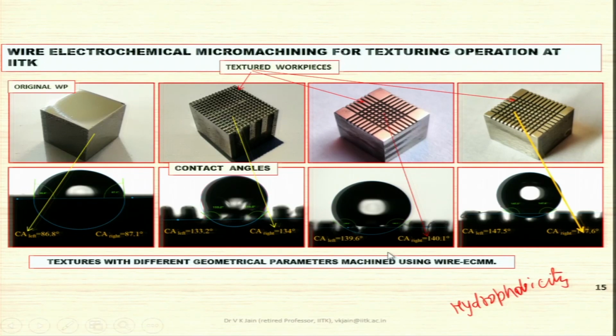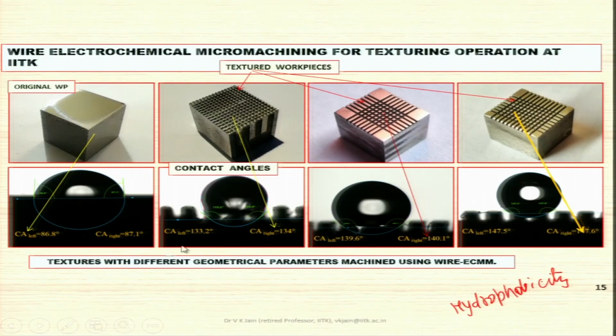And you can see that this contact angle has increased to 140 degree, that you can see in this particular case. These are all textured workpieces, and here it has gone to very high 147.6 degree. So what I mean to say here is you can create hydrophobic surfaces using wire electrochemical micromachining, electrochemical micro texturing